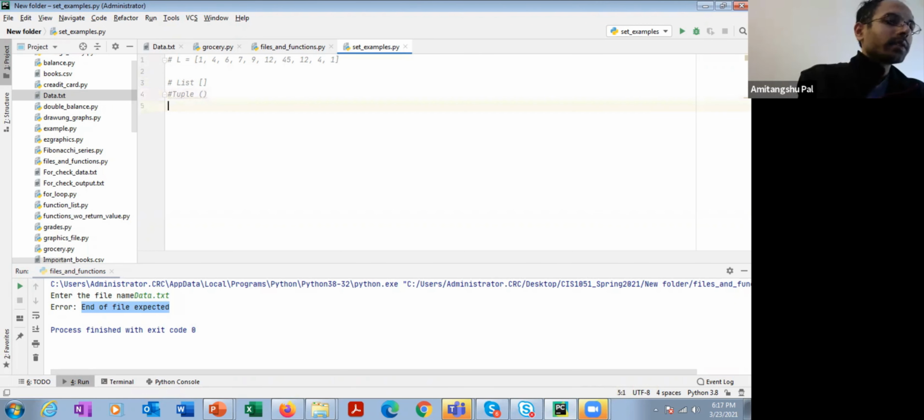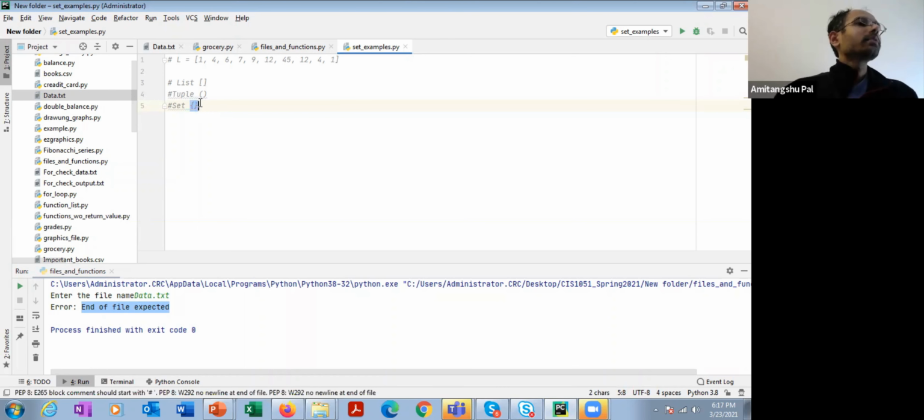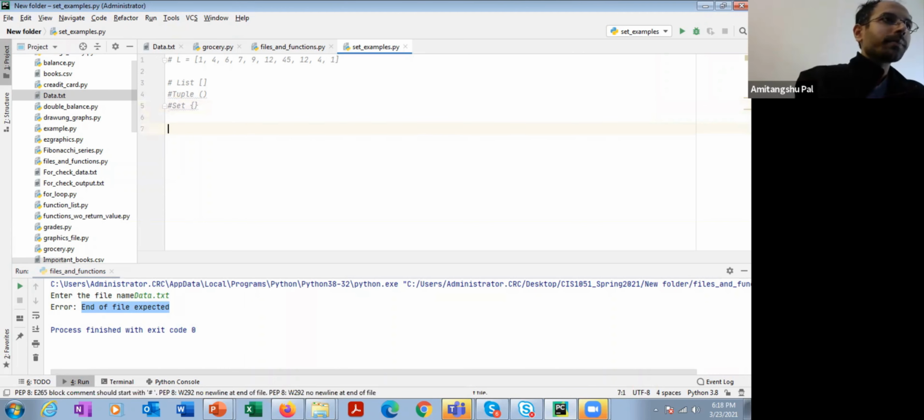And in the case of a set, the elements are listed inside curly braces. In mathematical set theory also, the set members are listed inside curly braces. So in that way, the notation is the same.